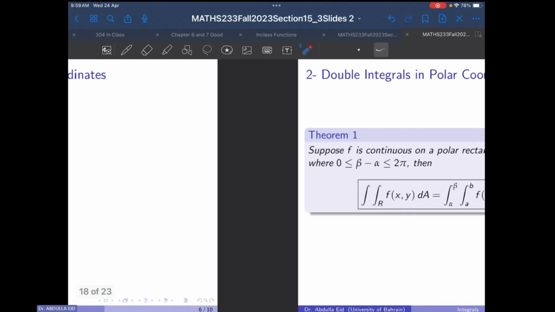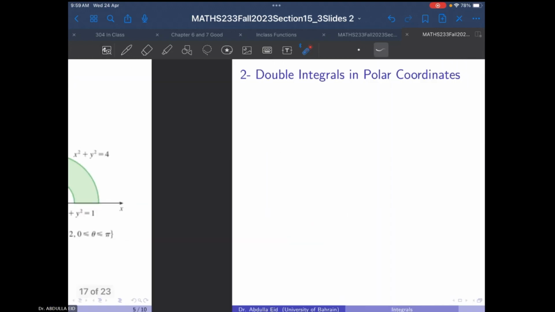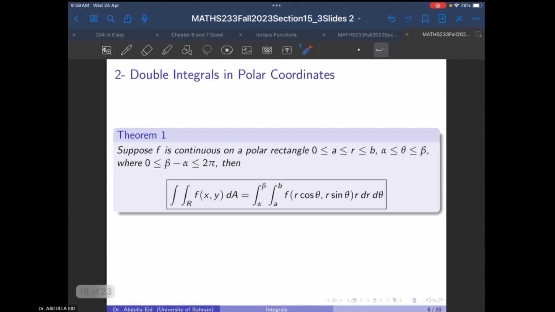And that's exactly what we just did in those 2 examples, here and here. After we find r and theta, all we need to do is put dr d theta. It doesn't matter if you want to start with r or theta, but usually we start with r. If they are numbers, it doesn't matter, but maybe they are not numbers, so usually start with r and then